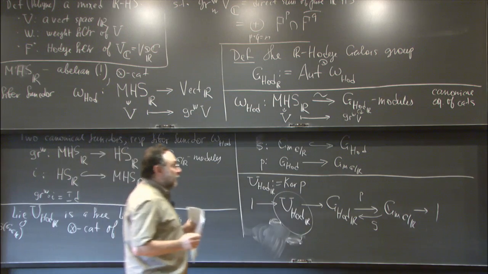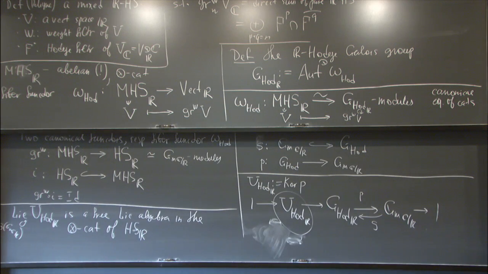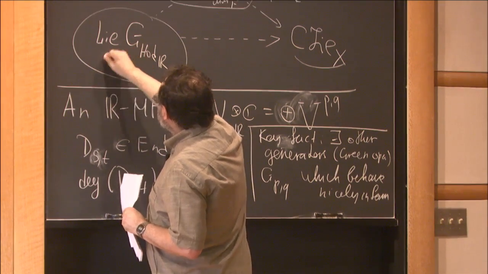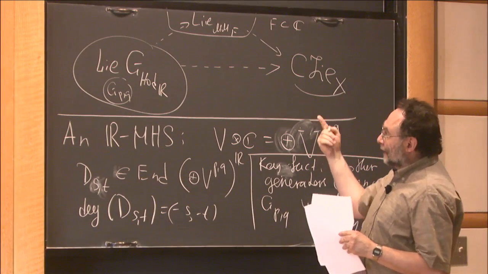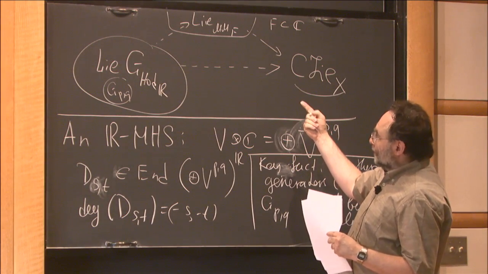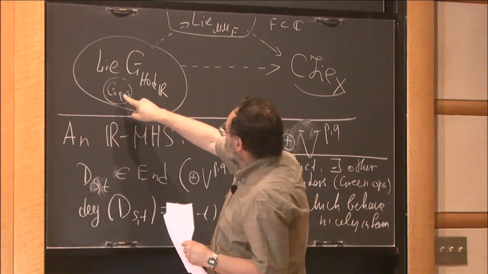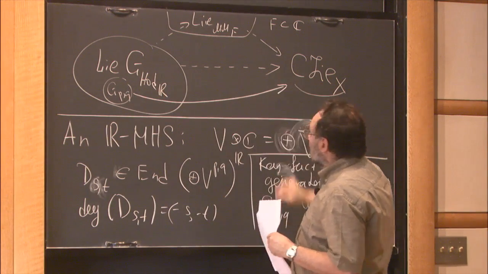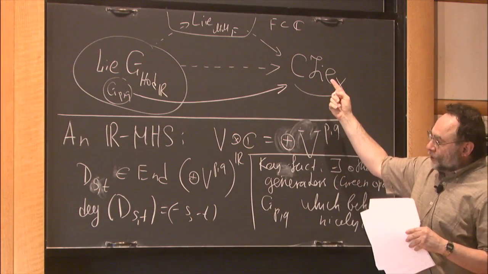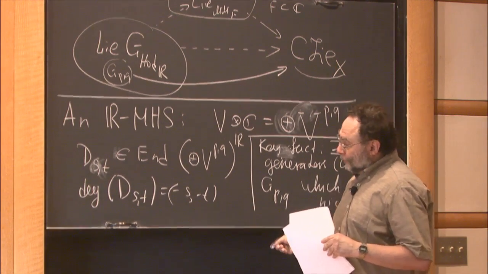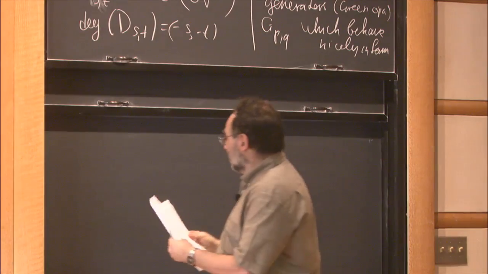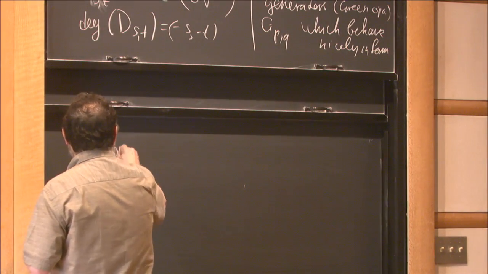Now I want to construct a map of Lie algebra to some other Lie algebra. This Lie algebra is kind of given to us. If I assume that I have some generators, I can just define this map on the generators. And the claim is that this is exactly Hodge correlators. Precisely, to define a map, for each P and Q, I have to define a map from here to here. This map is equivariant with respect to the action of C star, the G_m C2R. Therefore, I just need to construct one map, this Hodge correlator map,